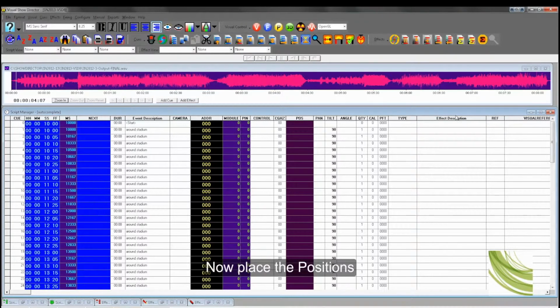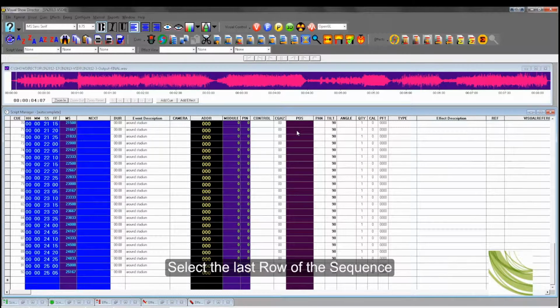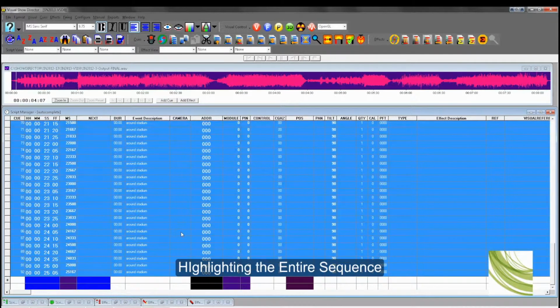Let's place the positions, P01 and P02. Now select the first cell, press Shift, and select the last row of the sequence, highlighting the entire sequence. Click on Autocomplete, the icon,